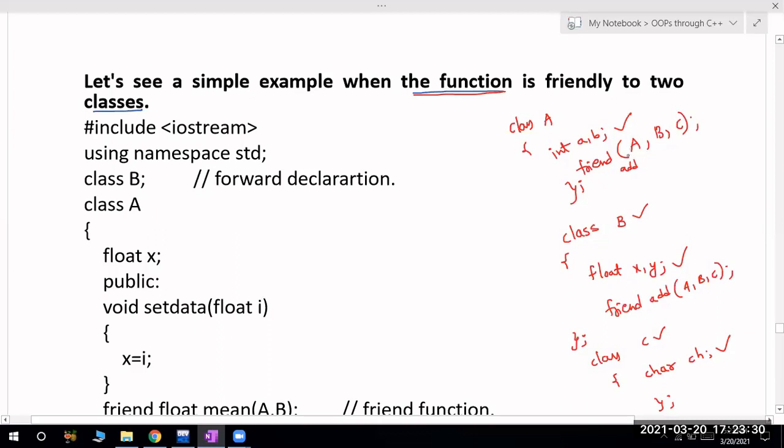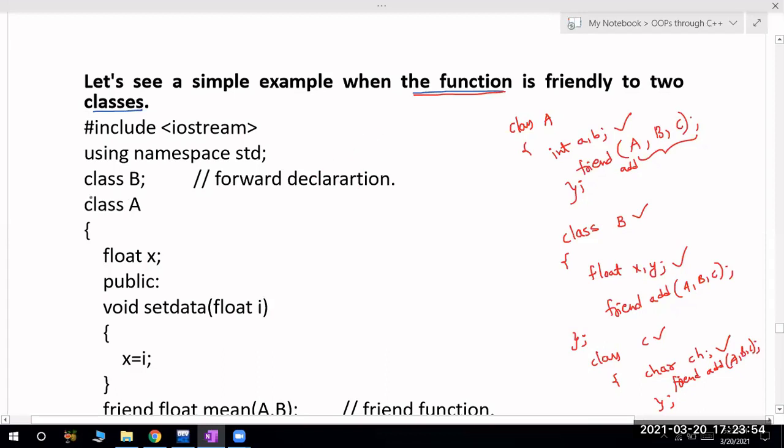Always a friend function will take objects as arguments. The first is an object of class A, the second is an object of class B, and the third is an object of class C. I have to declare this friend function in all the classes. So by using this friend function I can access the data from two or more classes.